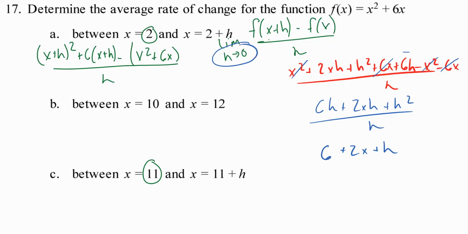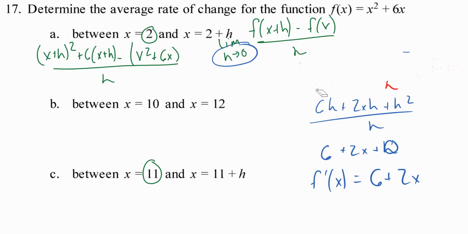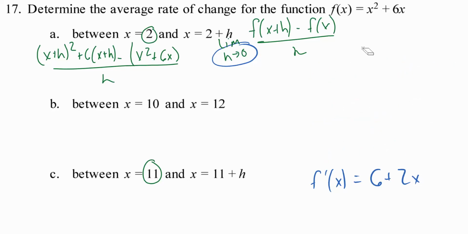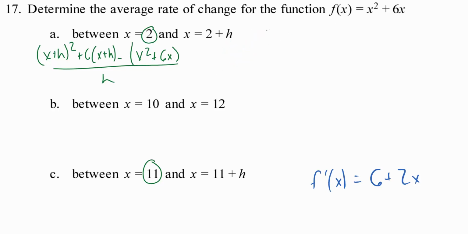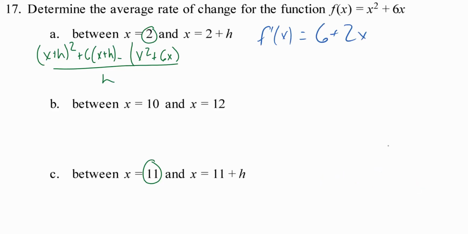And as h goes to 0, I can put a 0 here. So my derivative is 6 plus 2x. We should definitely know all of that, how to use the definition of derivative to find the derivative. So what does that help me with? I'm going to go ahead and clean this up just a little bit. If I put that here, f prime of x equals 6 plus 2x, that is my instant rate of change now,